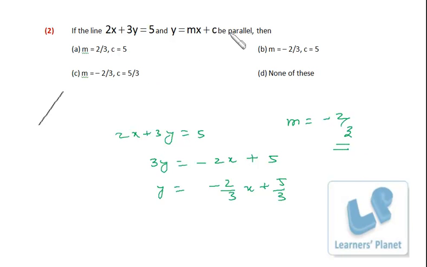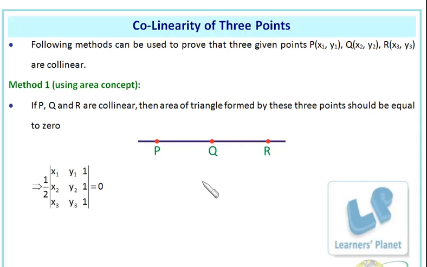And if the lines are parallel, see, if C is 5, then they will represent the same line, right? If C is different, they will represent the parallel lines. Okay, so C should not be 5 by 3, so the answer should be none of these. Now next